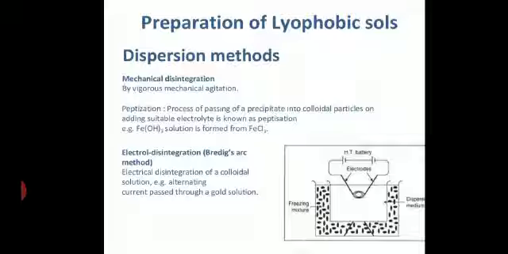What I said, electrolyte is added to a freshly prepared precipitate. The particles of the precipitate preferentially adsorb a particular type of ions of the electrolyte. So here it adsorbs the ferric ions. As a result, when both the ferric ions come closer, they get repelled and dispersed into colloidal size. That is the cause of peptization.